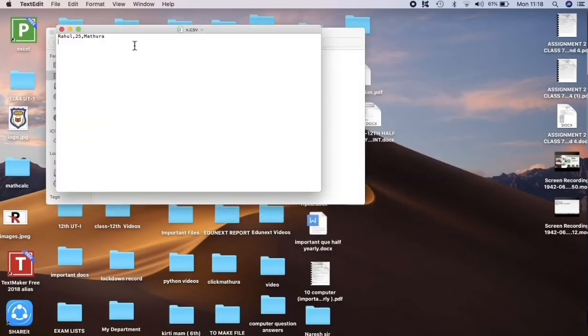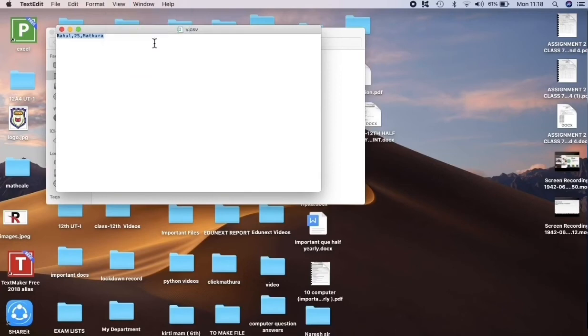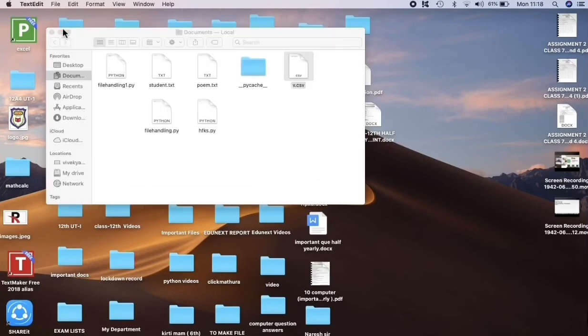Now this is the comma separated values, you can see here. Let's zoom in so that you can see it. So in this way you can write onto a CSV file.